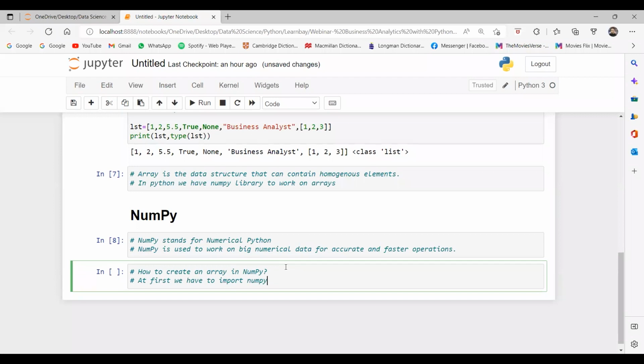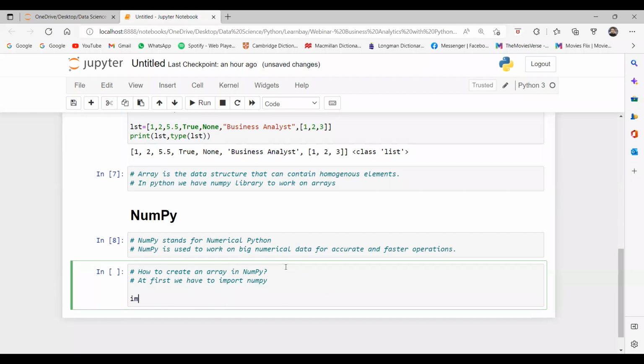We use the import keyword, and I say NumPy. It means we are calling the NumPy library or package that is available in Python. Any object, operation, or function defined inside NumPy, if I want to use that, I have to first import NumPy.